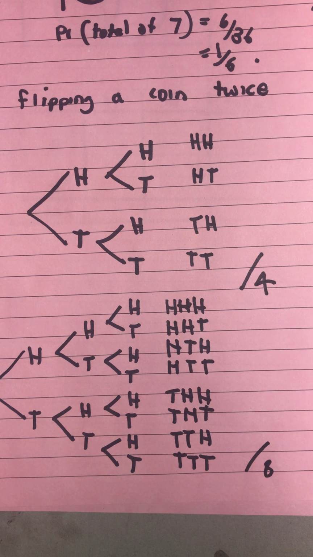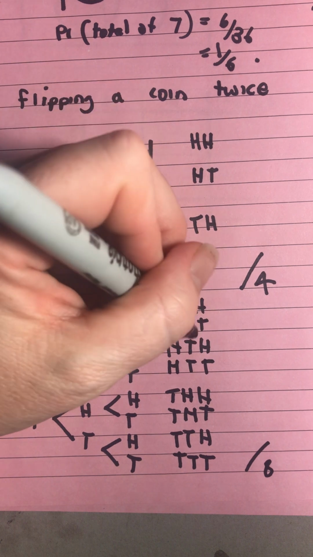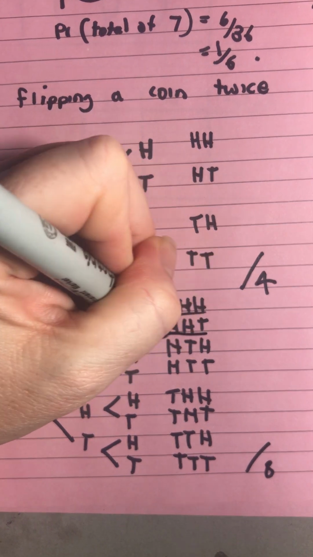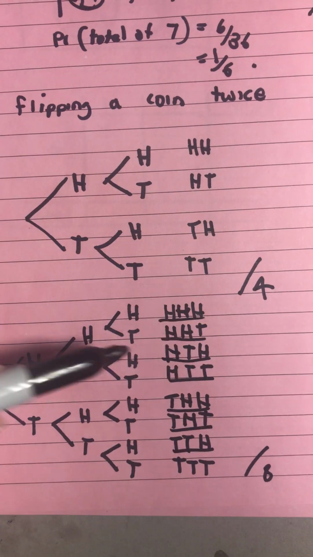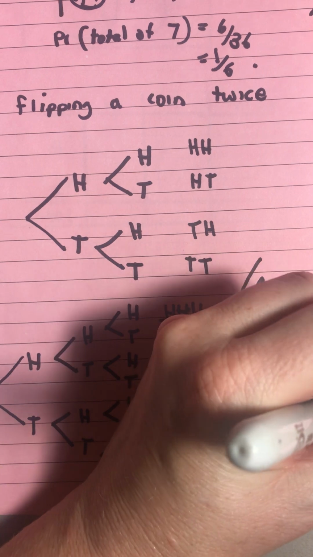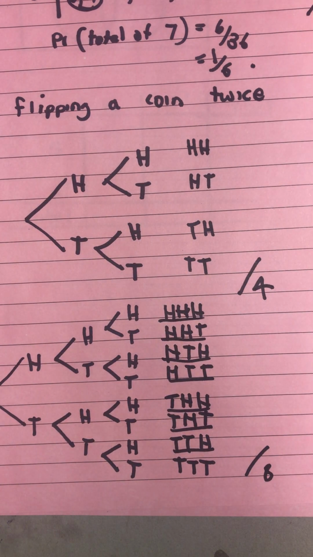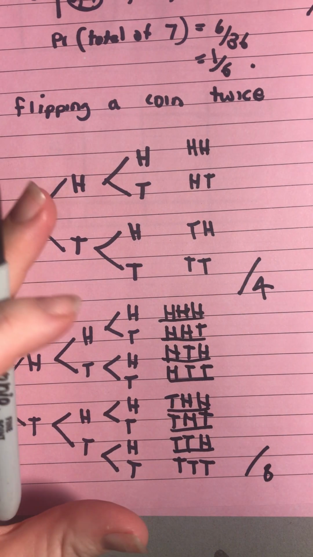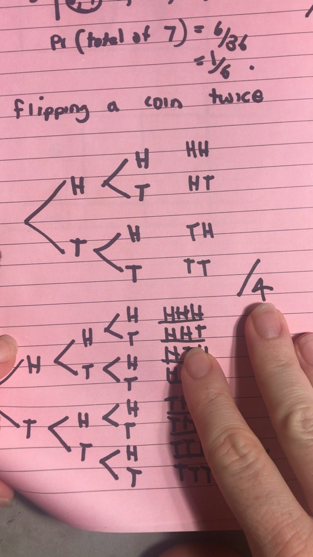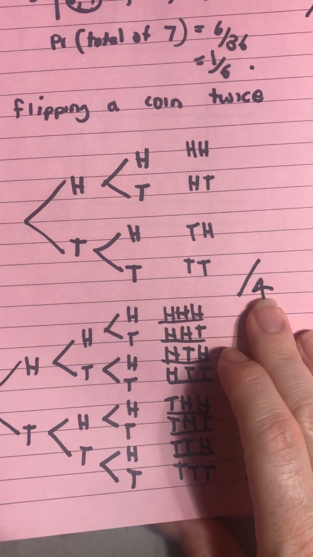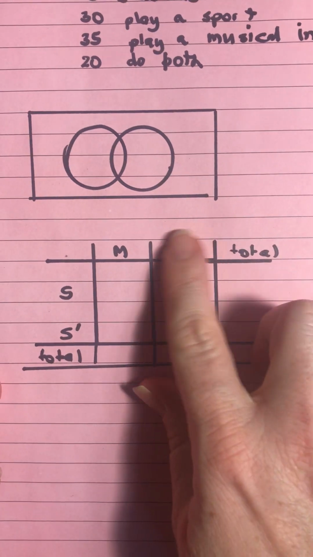So you might say, what's the probability of getting at least 1 head? So you would go through and go, okay, well there's 3 there, 2 there, 2 there, 1 there, 2, 2, 1, and we've got 7 out of 8. The opposite of that is getting no heads, which is 1 over 8, and we could subtract that from 1 to get us our 7 on 8 as well if we were going to look at a complementary type event. When we talk about our complementary events, I'm going to talk about that when we look at our notation down